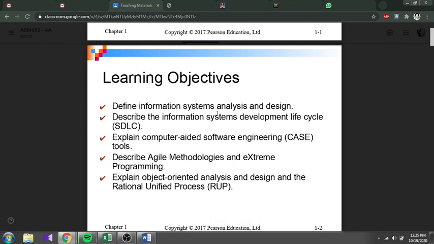For the learning objectives, you will define information system analysis and design and describe the information system development lifecycle as SDLC, as well as other approaches such as CASE, computer-aided software engineering, as well as agile methodology and extreme programming. We also will look at the definition of the Rational Unified Process on object-oriented